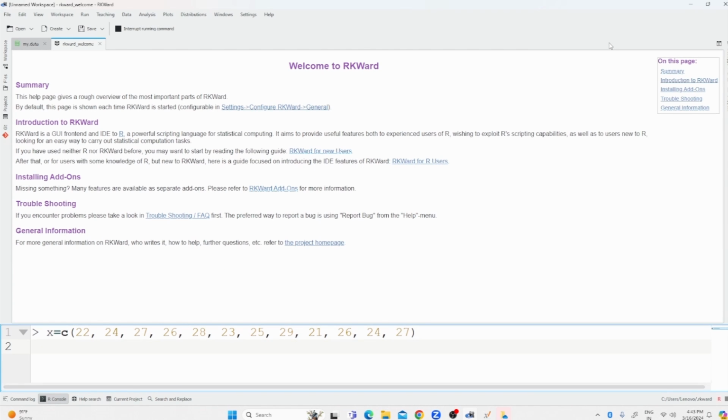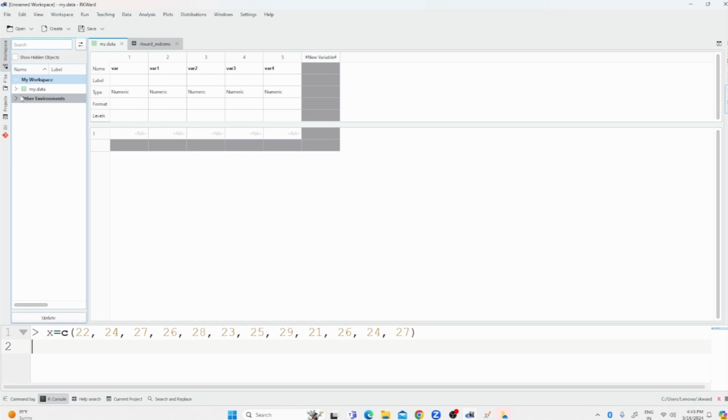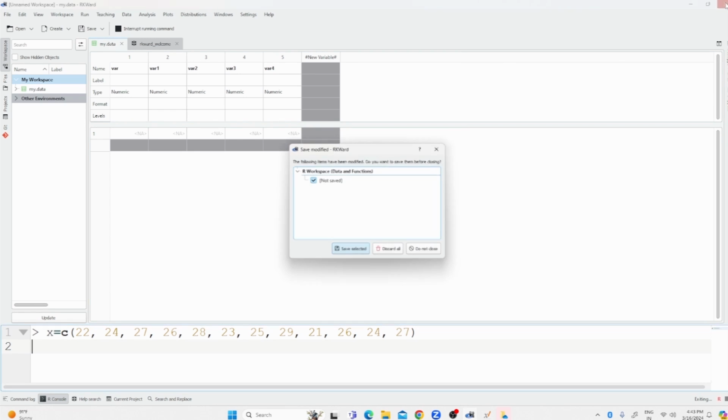Just a second, my data space, there is some error in the code editor. I am rerunning the